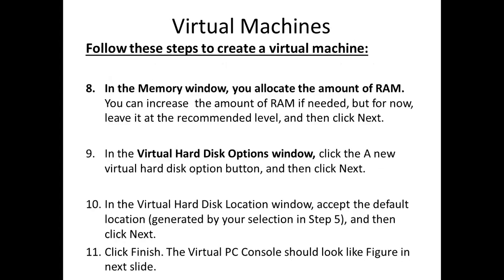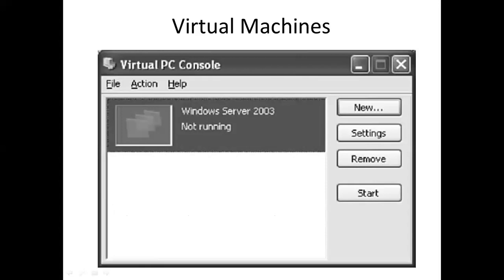And next, you also have a memory window. On the home page, there'll be a window which says memory window. It will tell you how much RAM you want to allocate for that operating system, because you're invoking a new operating system, you need to allocate RAM for it. And you also have a virtual hard disk option window, and that is optional. Either you can keep it default or you can take it. We are not going to worry much about it, but anyway, you can see how this PC console works.